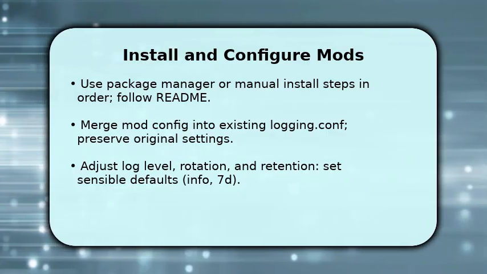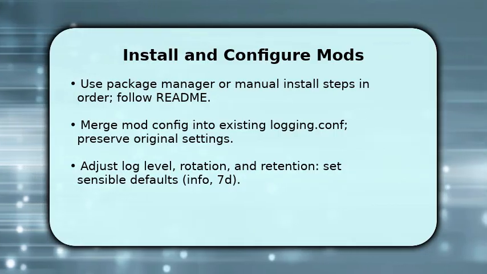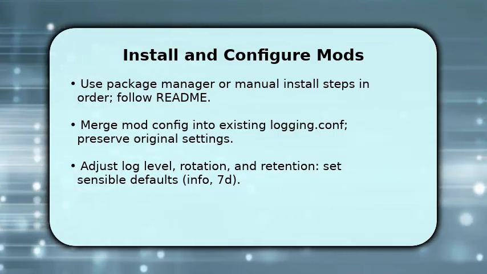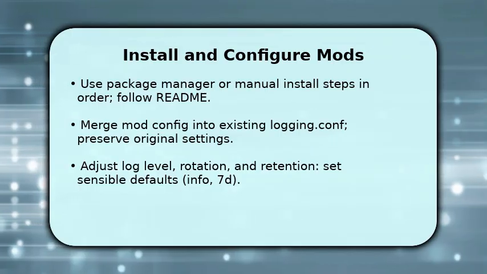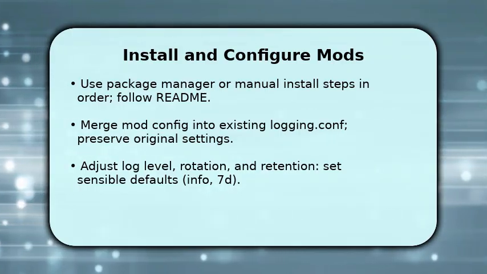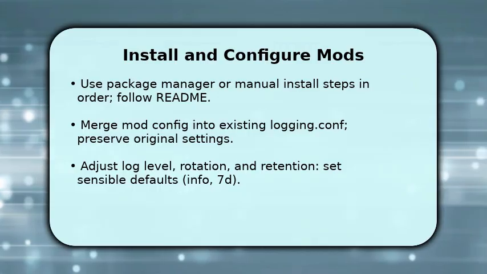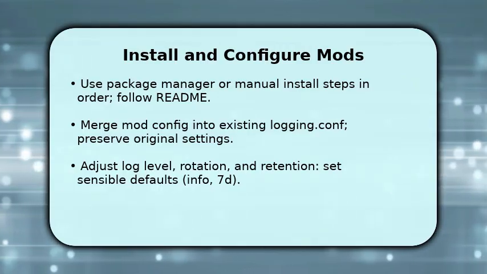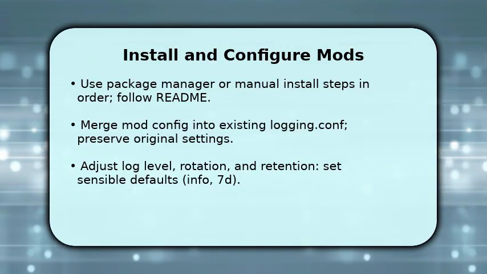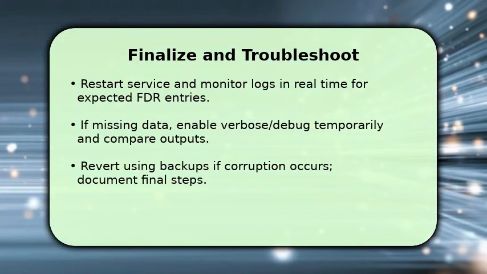Then merge configuration entries carefully, avoiding duplicate handlers. Once done, set log level and rotation to prevent disk bloat. Test with a controlled run to verify the mod emits FDR entries. Keep a diff of changes, so you finish by restarting the service and watching live logs to confirm FDR records